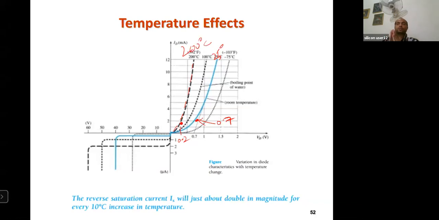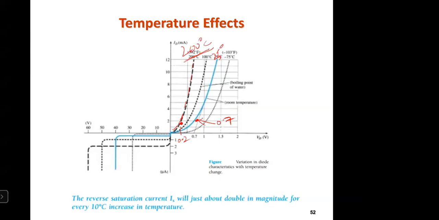Getting it? If the depletion region is already thinner, then with a lesser amount of forward voltage, the current will start to flow, or the depletion region will completely neutralize. So the temperature is helping the neutralization of the depletion region. That's what you are finding out. At a higher positive temperature, the curve is moving towards the left. Understood? Yes or no? Yes, sir.